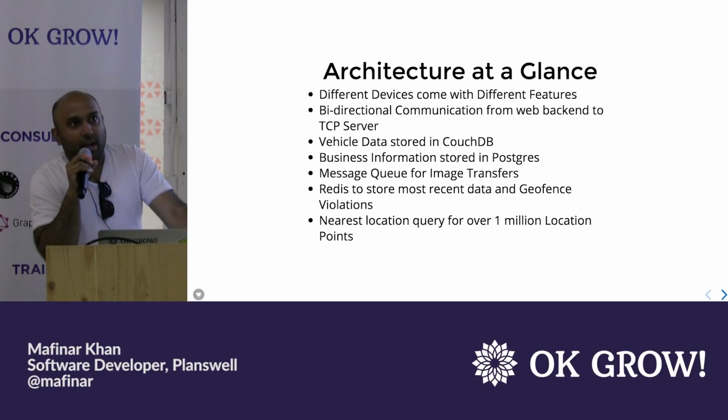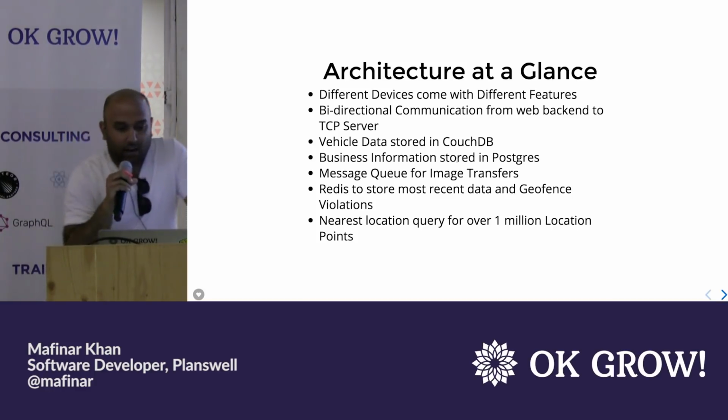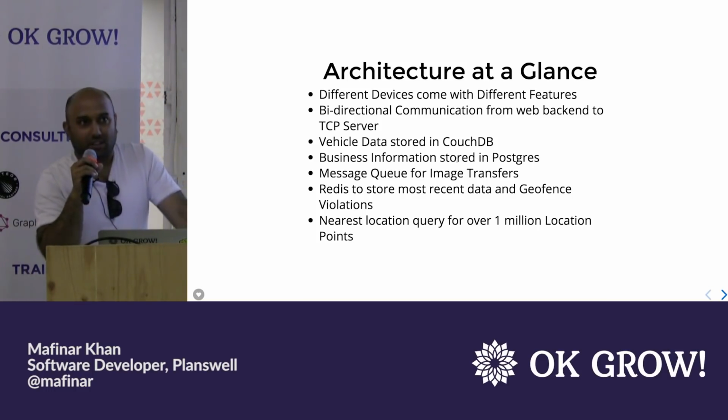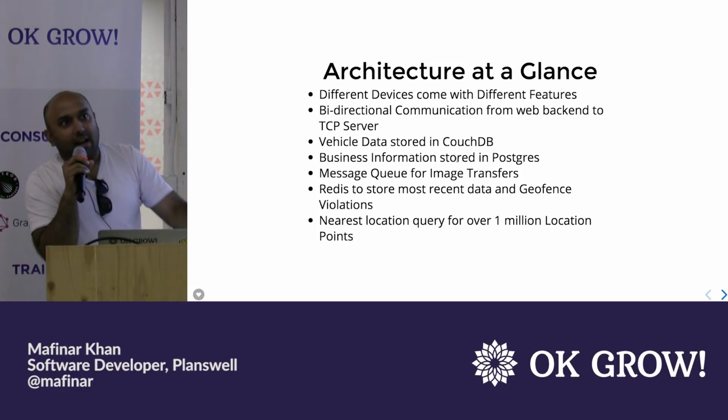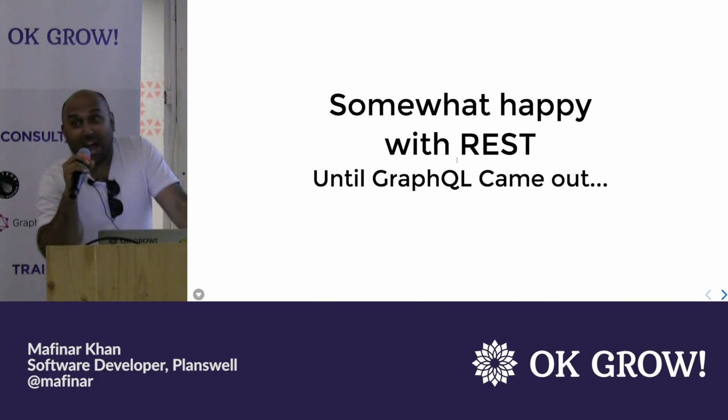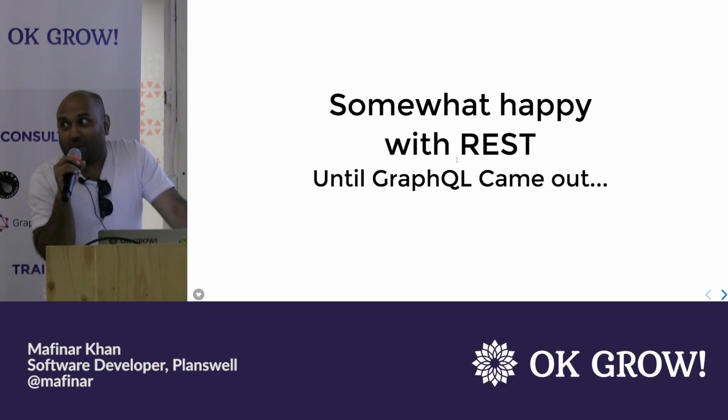And the real-time data, whenever the device got the data, the data was stored in a CouchDB database, and the last data, like a scoreboard, was stored in Redis. And all the business information about the vehicles, the users, the owners, the groups and subgroups, all those things were stored in a PostgreSQL database. So you can see that there are lots of stuff at play here. But at the end, different layers talk with each other, but the end communication that the user saw was a React application, initially using REST. And we were somewhat happy with REST until GraphQL got our eyes.